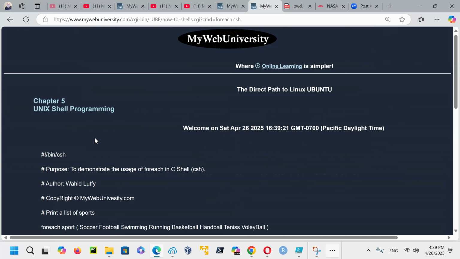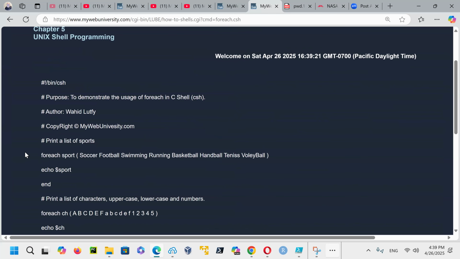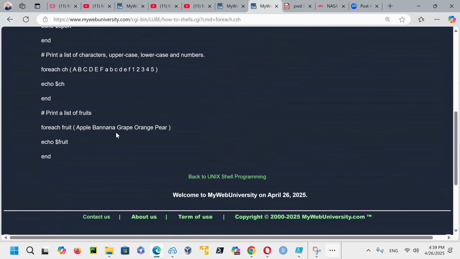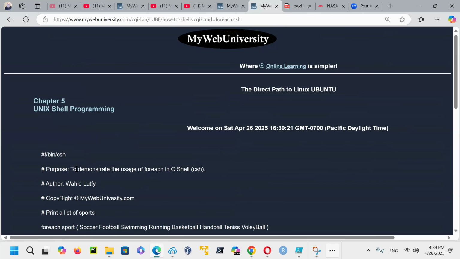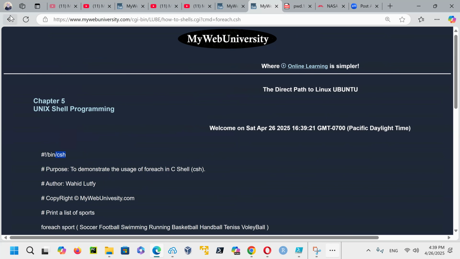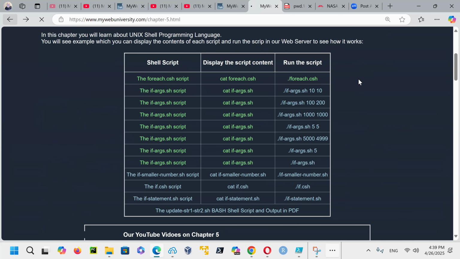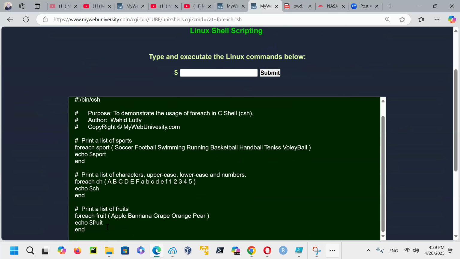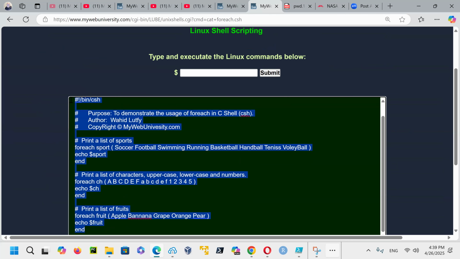The foreach is going to just go through these loops, with the C shell kind of foreach statement. And you can see that it is written in C shell. But you can also click on it here and then cut and paste the script from here into your terminal and practice it on your terminal.